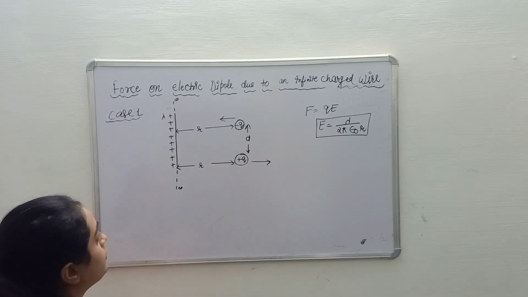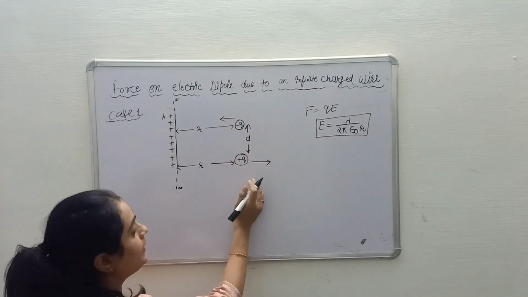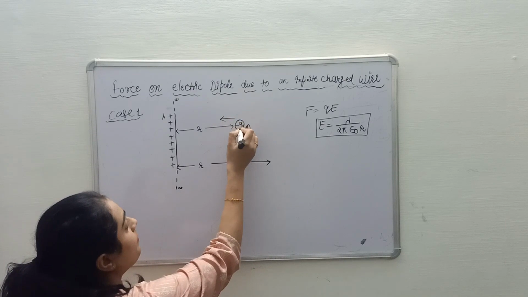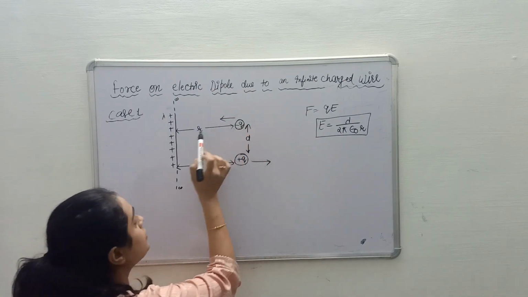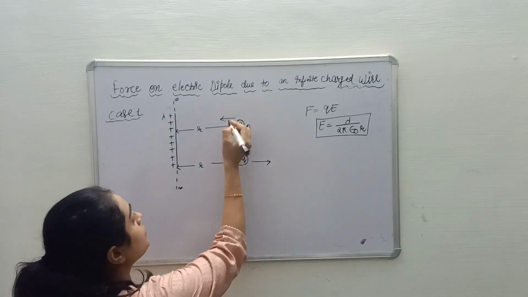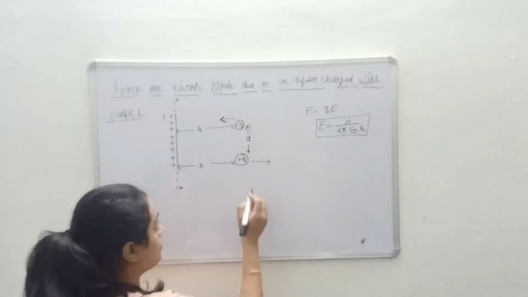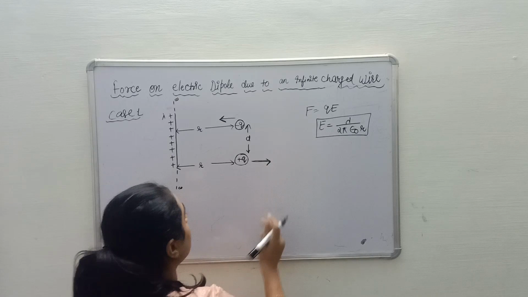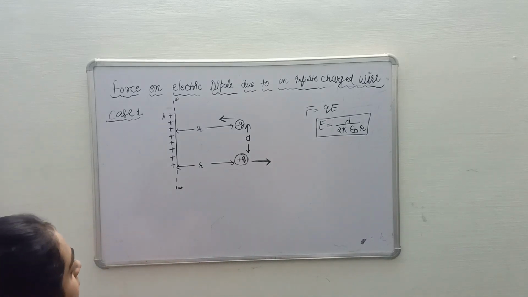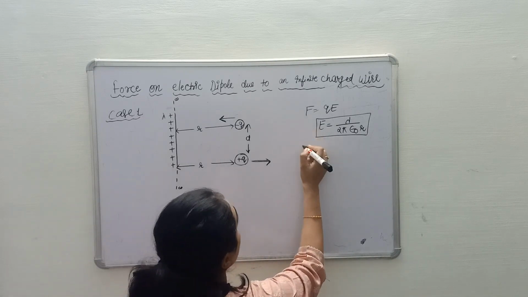So the magnitude of the electric field will be the same on minus q and plus q, but the direction will be opposite due to the nature of the charges. So here we can see that the net force